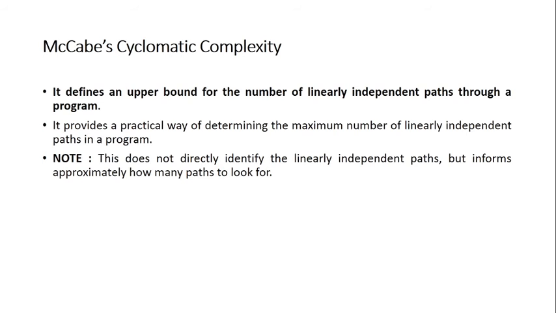will be very difficult, because by hit and trial I'll try to identify maybe 1, maybe 5, maybe 10, maybe 15, maybe 100. So if 2 or 4 people are making this prediction, according to them it may vary. One might identify a lesser number, one might identify a greater number. So we have a method, McCabe's cyclomatic complexity, which tells us the upper bound of the total number of linear independent paths that will be present in a program. That means the maximum number. This method says in this particular control flow graph we have 10 linear independent paths.